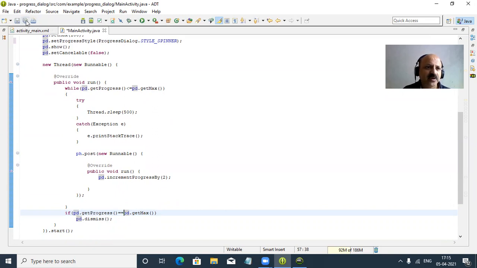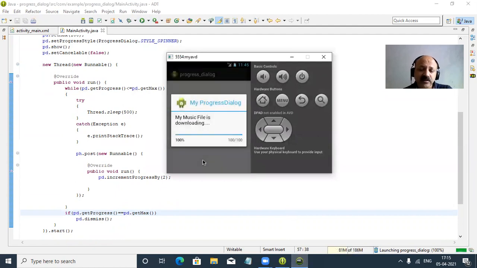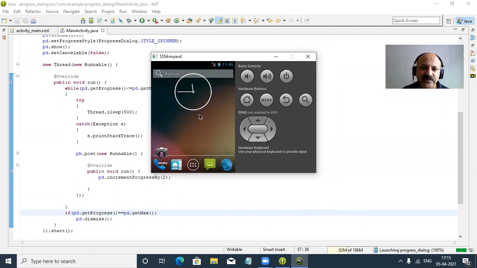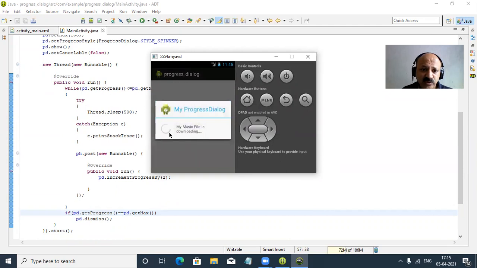So let us check. I save again and now run our app. Let us check how that style looks. That is a ring circle. Yes, when I click, our app is now running. Yes, very short, that is the second time run. Our app is running for a very short time, so very simple logic I apply. Now look here, you can see that it is not giving the value out of 100.